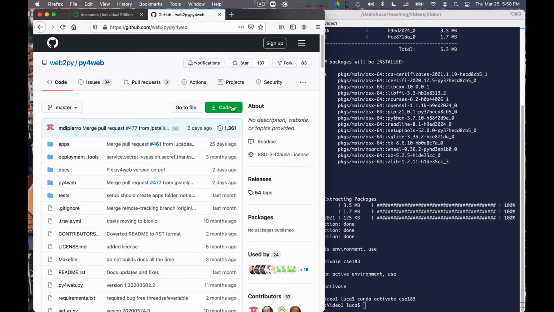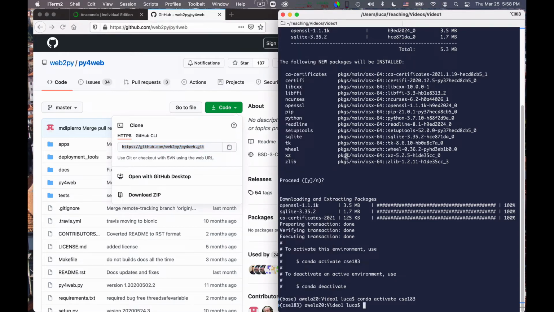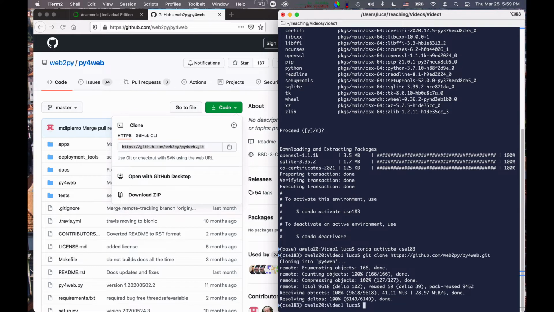But for now, I will copy this command, copy this HTTPS URL rather, and paste it here and say git clone and then the URL, and this will give me a fresh installation of Py4Web. Okay?